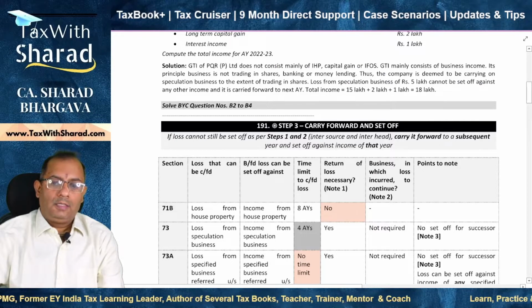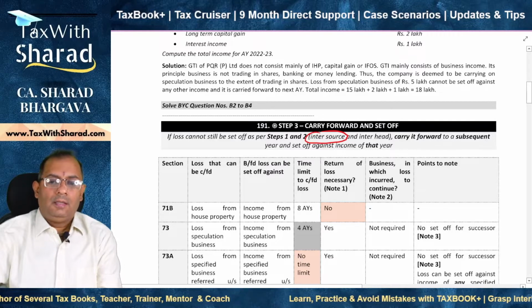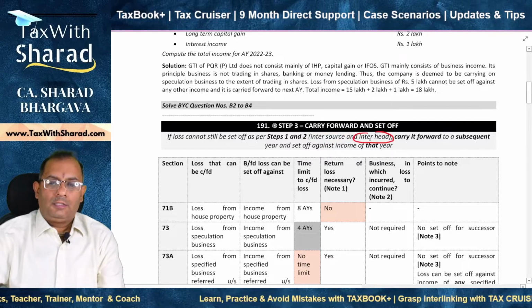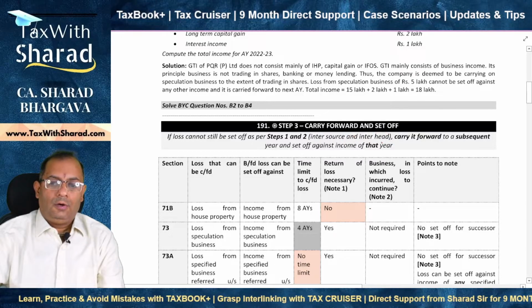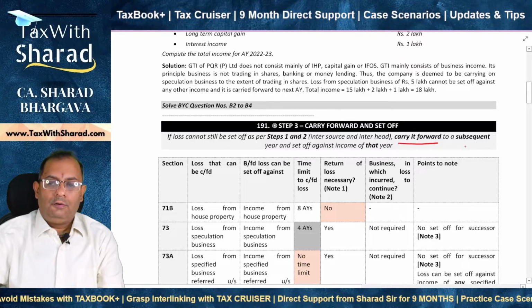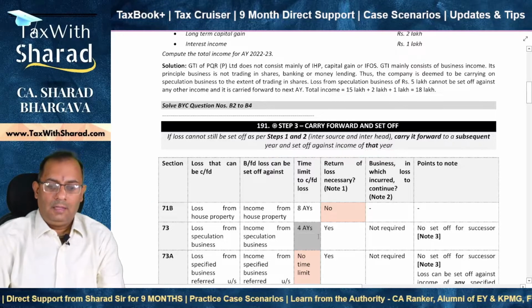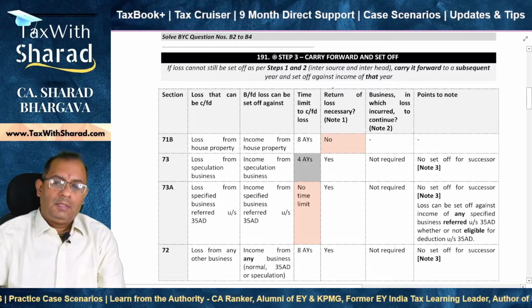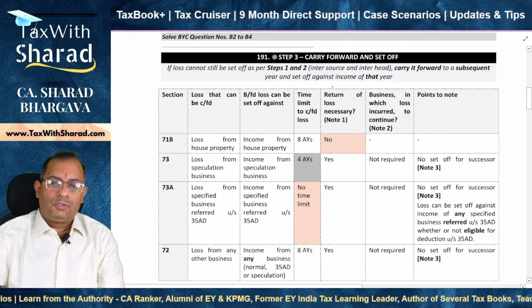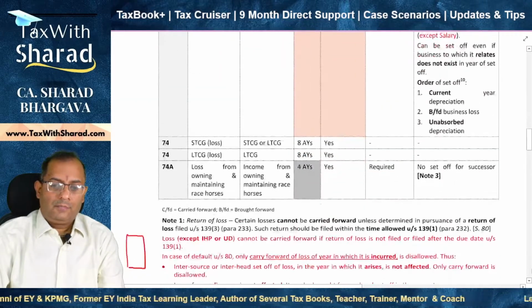First of all, as you know, under step 1, you need to attempt inter-source set off under section 70. And then you need to attempt inter-head set off under section 71. And still if the loss remains unabsorbed, then you can carry it forward to a subsequent year and then set off against income of that year in accordance with the various provisions covering various categories of losses. And the question is, is the return of loss necessarily to be filed in such case? The answer to this is